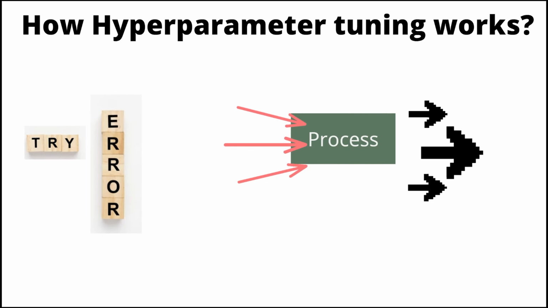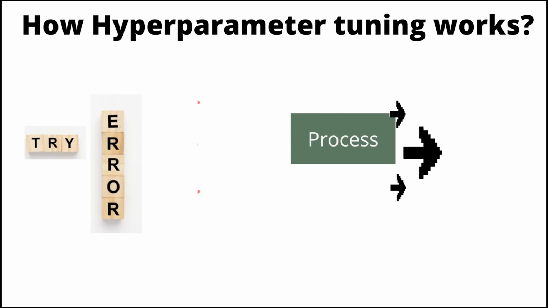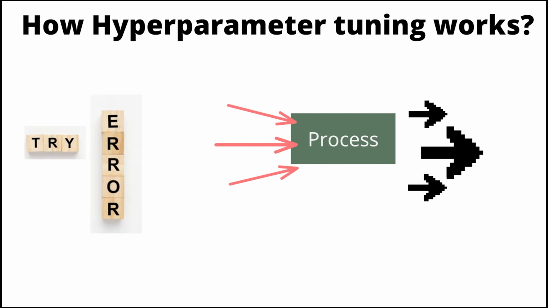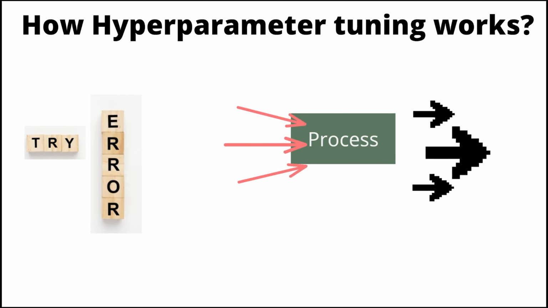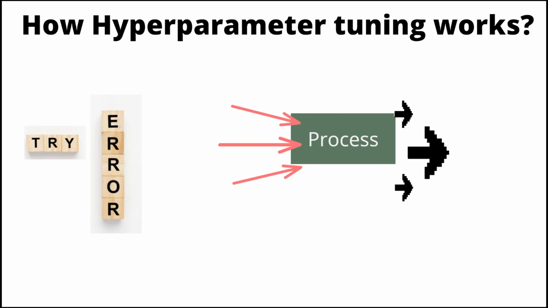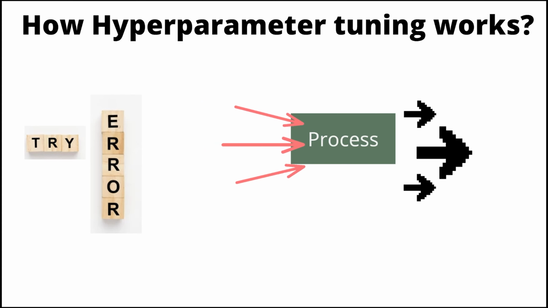The first way is quite simple: trial and error. We can simply try different ranges of hyperparameters and see which one gives us the best results. I think no one does this today, since it requires a lot of experience and only ML veterans have done this successfully in the past. It essentially means picking a range of hyperparameters, training the model for a couple of days, watching the learning rate go up, and deciding whether to continue or not. So as you can see, this is not the best strategy.